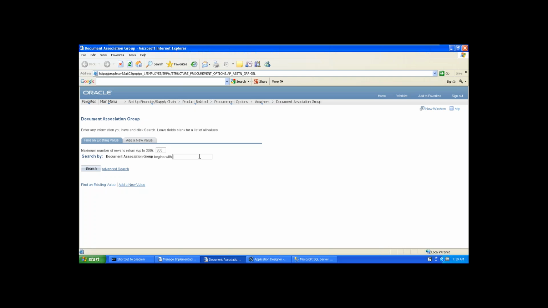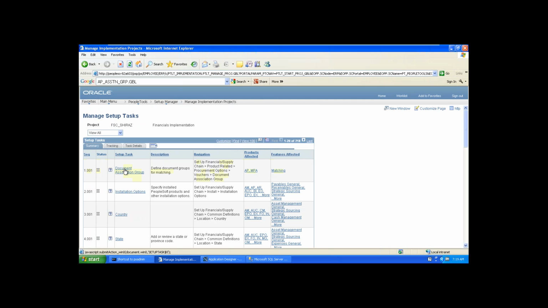So to load the setup data, we have different methods. One is the online method, the second is the component interface, and one more method is Excel to CI. Online method means we can directly come to that particular navigation of the setup task and enter the data manually. That is the online method.